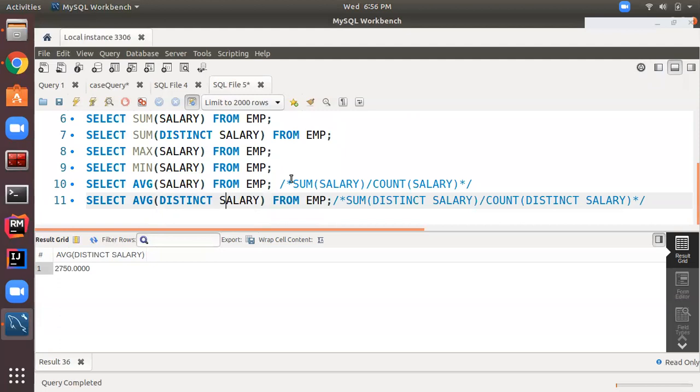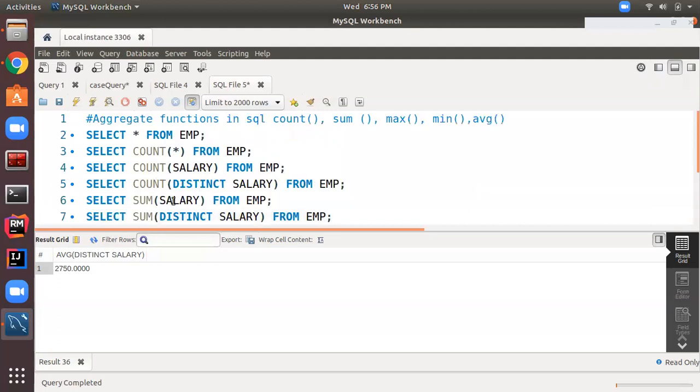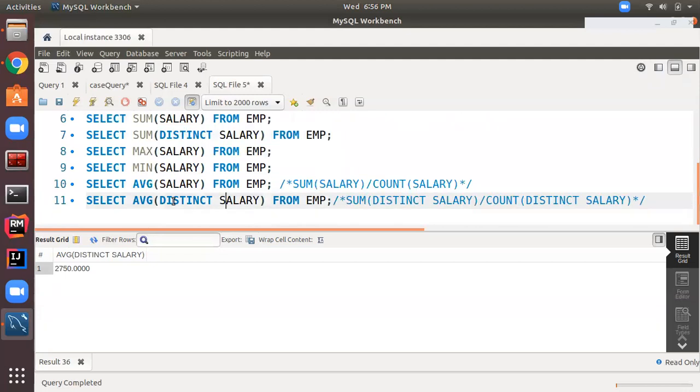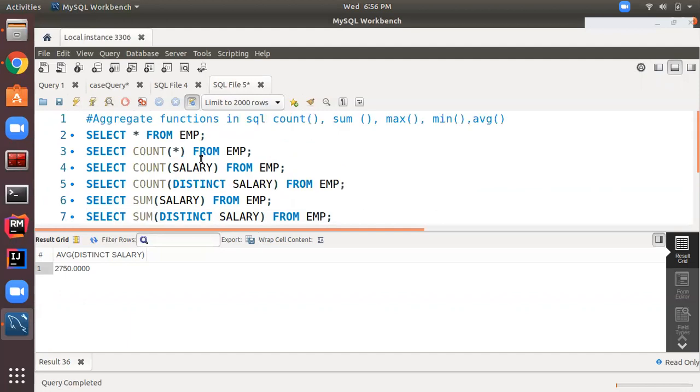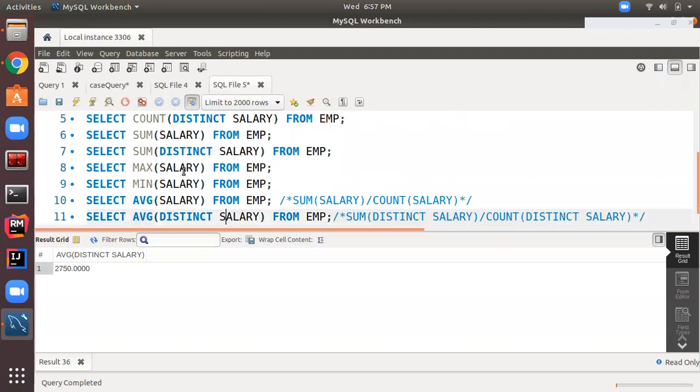And till then, I would like you to practice these SQL queries. In the description box of the video, I have provided the GitHub link of the SQL repository, where I have written all these queries for you. And plus I have given the sample database table as well, so you can create it in your DBMS software and try to execute these queries. If any doubt comes up, you can reach out to me.